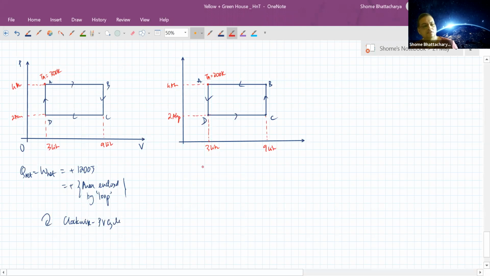But as opposed to that, in this, what will happen is that Q net will be equal to W net. Now, when we calculate this in this one, it will be